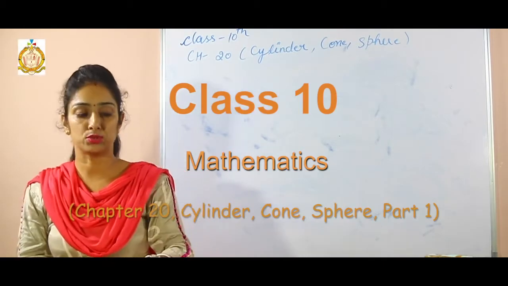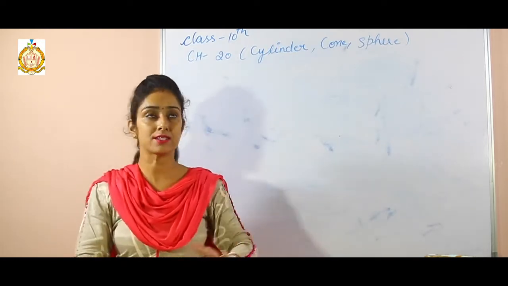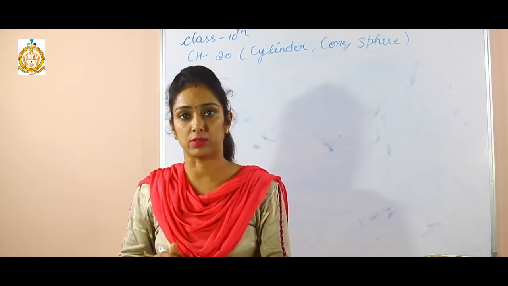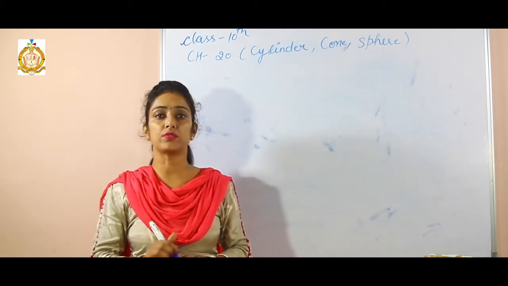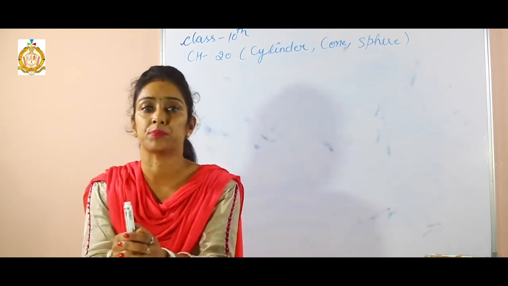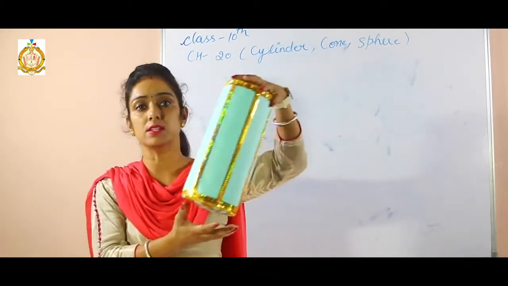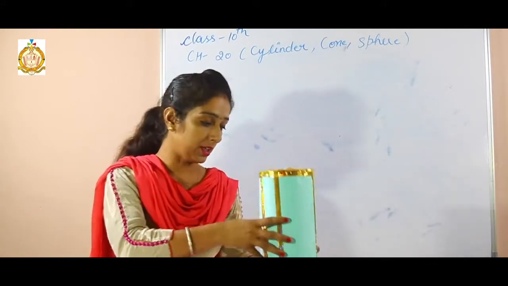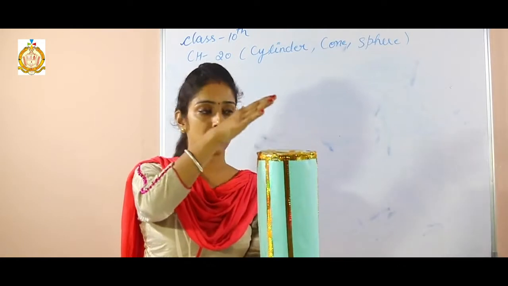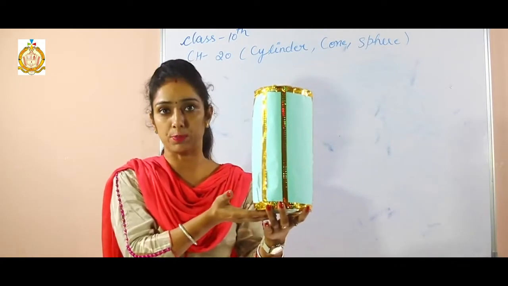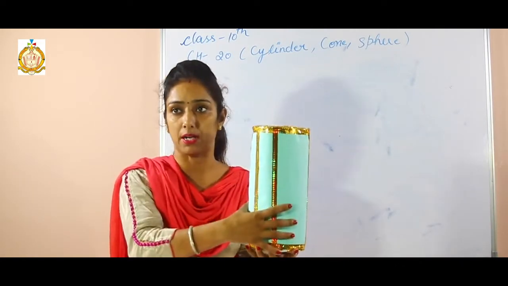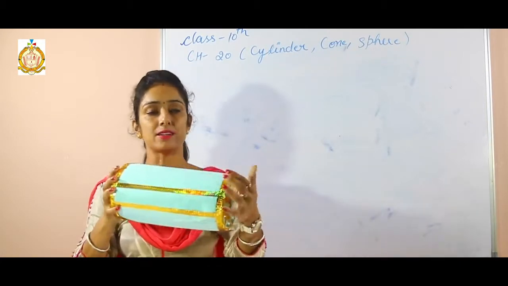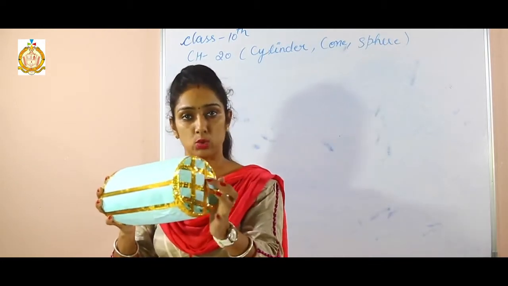Hello students, today we are going to start chapter number 20, cylinder, cone and sphere, of 10th class. So students, first of all you should know what a cylinder is. See students, this is a cylinder, right? It has three parts: its upper part, its lower part and this front part. Its upper part is in circular shape and its lower part is also in a circular shape and this